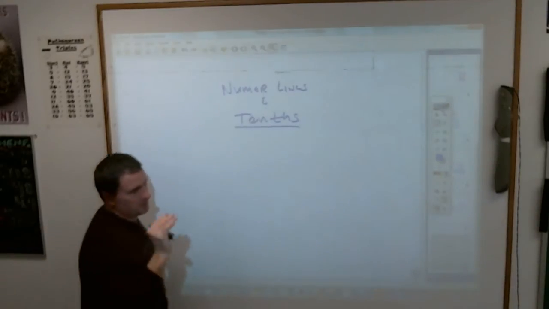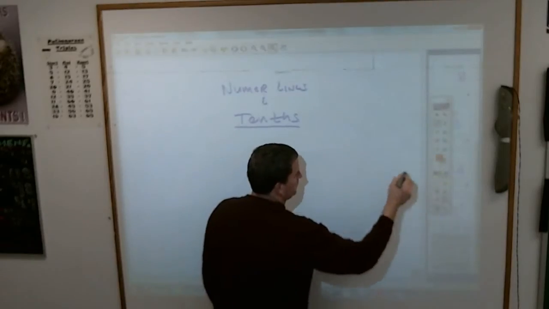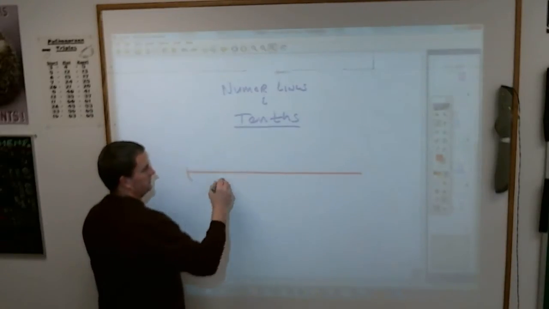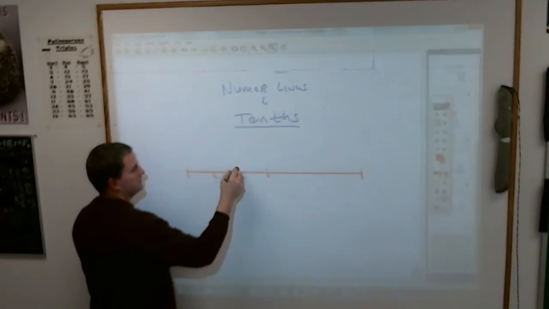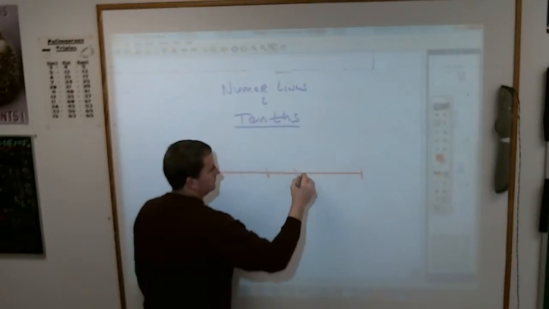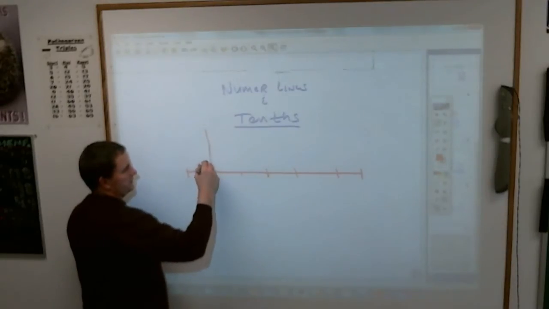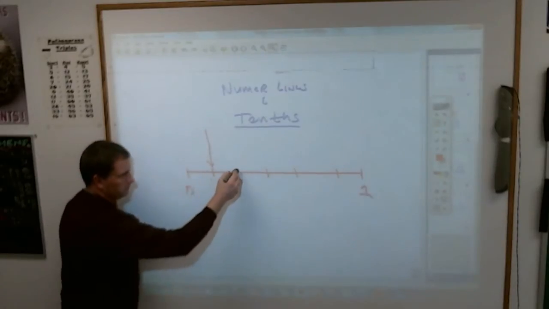Because our decimal system is based on cutting things into 10 pieces, for example, there are 10 dimes in a dollar, and there's 10 pennies in a dime, and all that sort of stuff. In order for you to look at a number line and say how many tenths it is, well, let me give you an example here. See if this makes any sense to you. If I put an arrow right here on this number line, here's 0 and here's 1, and I asked you,